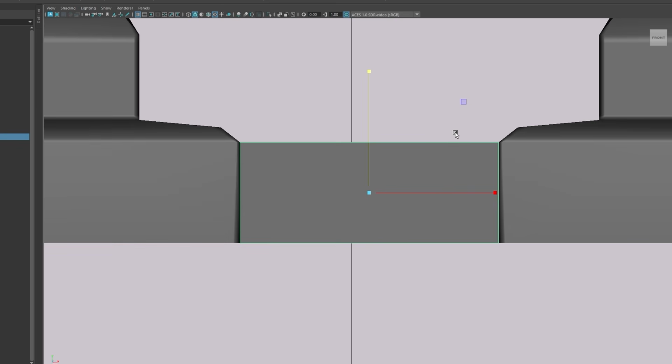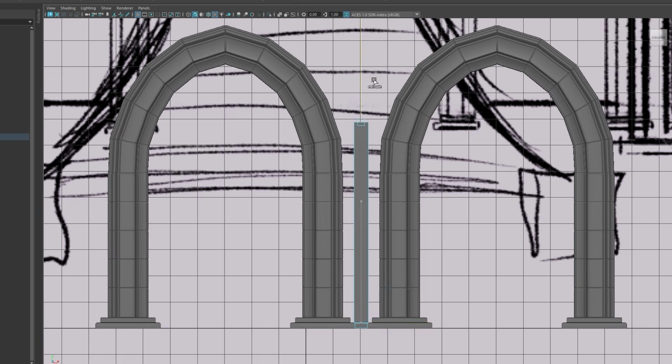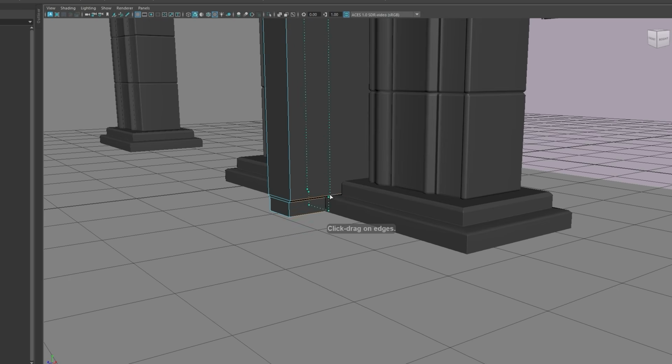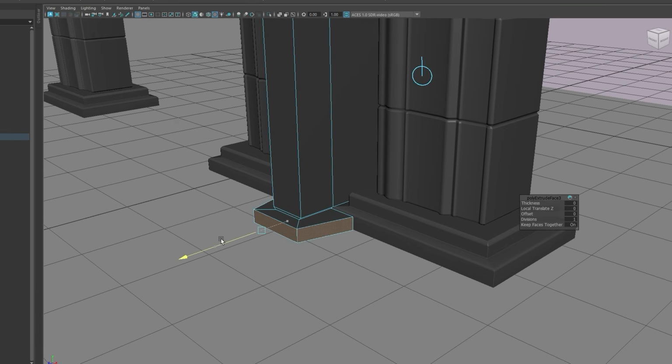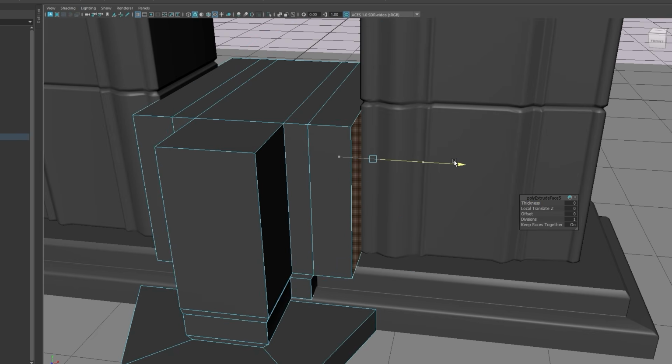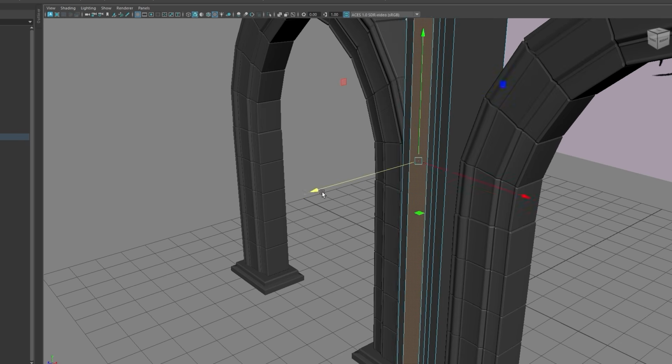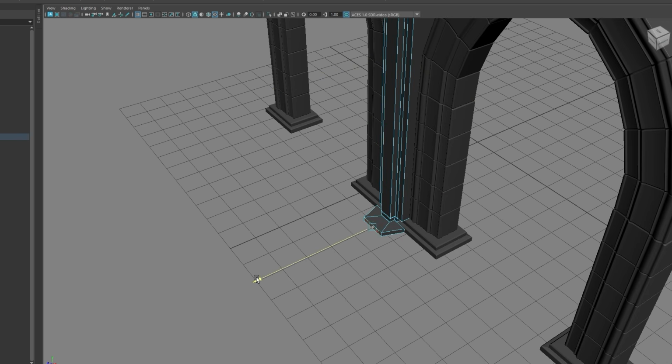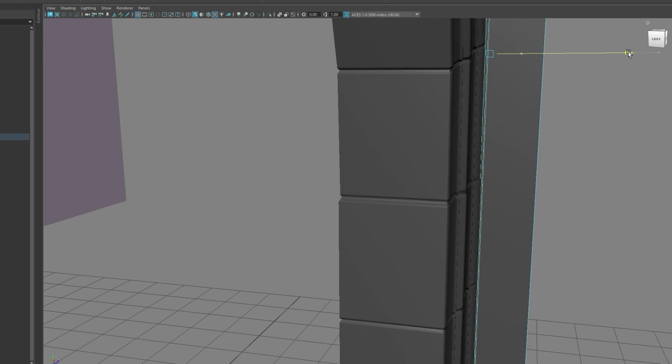I went over this in my previous video, but in short, the more detailed you make your model, the more polygons it will have, and the slower the program will process things. It's a big juggling act of detail versus optimization. So, I tried making it as close to my reference as possible, modeling it to fit the archways, and if push comes to shove, I can come back and change it in the future if I end up not liking how